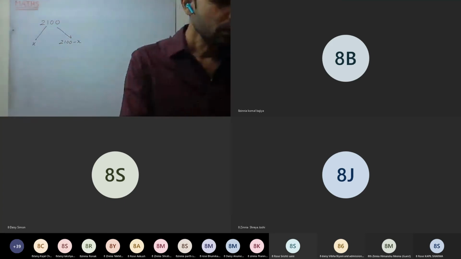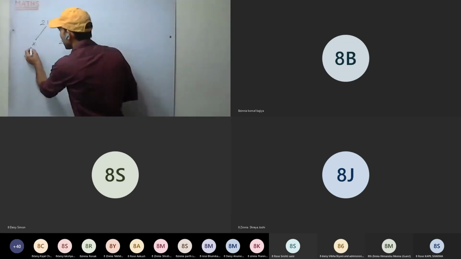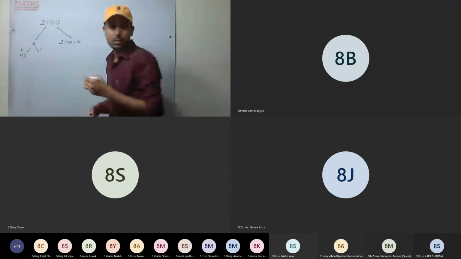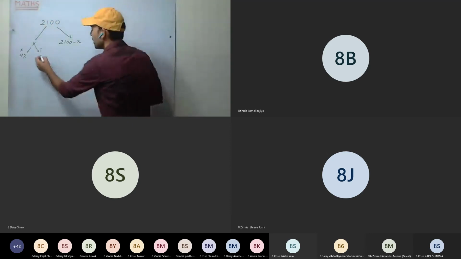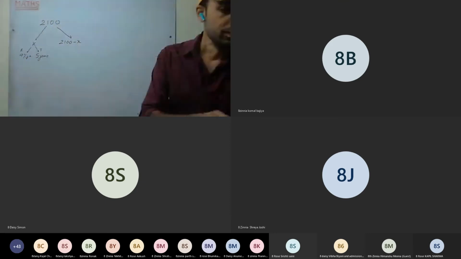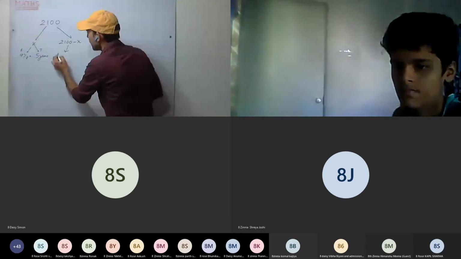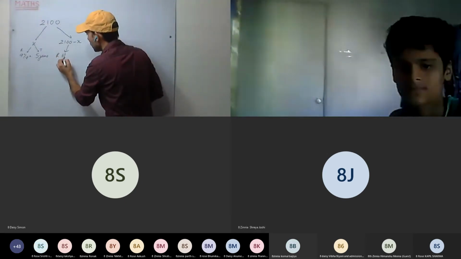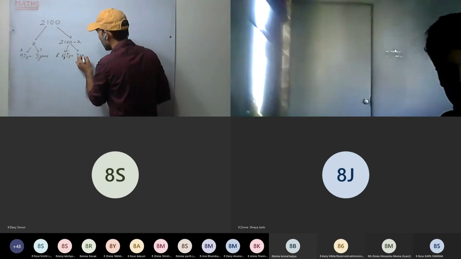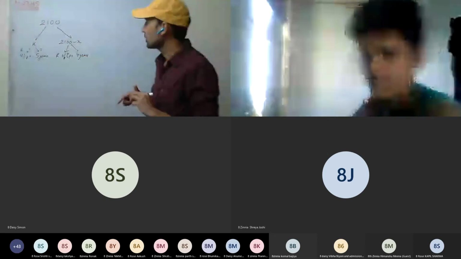Okay. Now, the interest rate on one part is 9% per annum for 5 years. So here the rate is given as 9% and the time is 5 years. This is per annum. And the other part is lent at a rate of 6 1 by 4, that is 25/4% per annum for 4 years, I think. For 4 years. Okay.